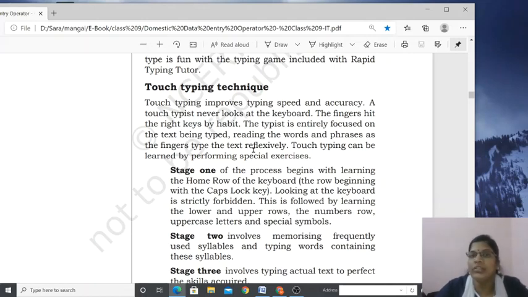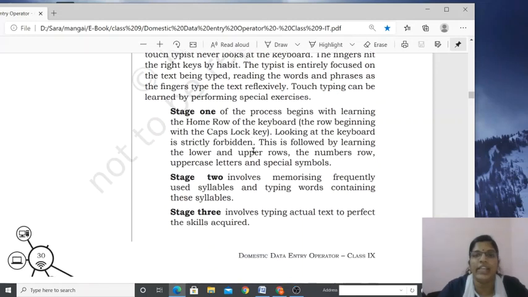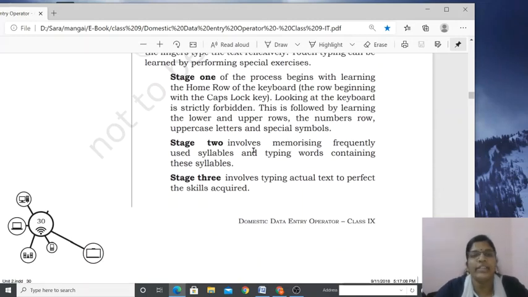Okay. So this is a software. In this software, 3 stages are there. Okay. First stage, second stage, and third stage. The first stage gives you hands-on practice on learning the 3 rows of keys, starting from the base row. Okay, that is the home keys. So what are the home keys?